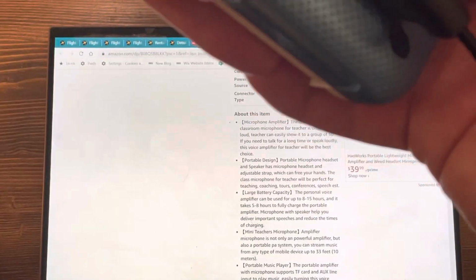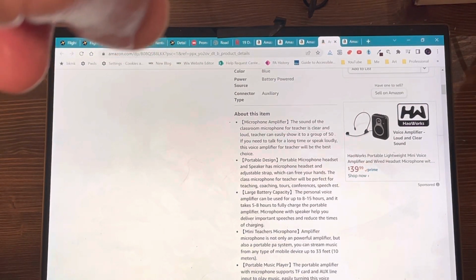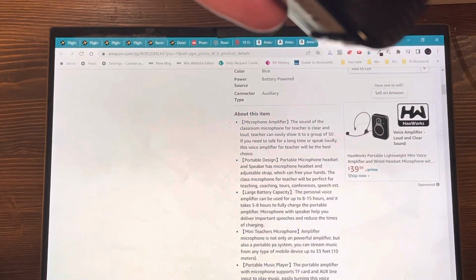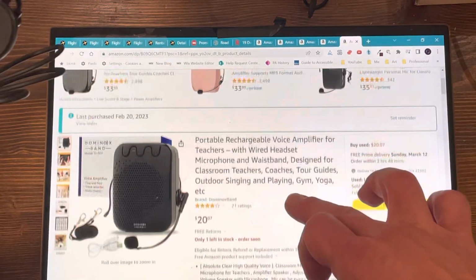This one does actually come with a TF card, which I was happy about, because I was beginning to wonder if my cards were bad, which is maybe why that first Ritechus was not working. But I was glad that this one did have a card, and I was able to test all of these out, and they all worked except for that one Ritechus. Okay, so the last one is